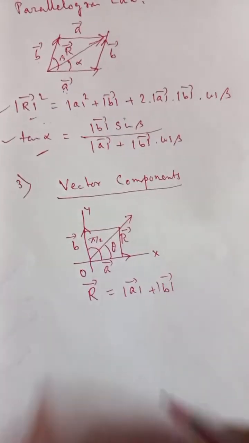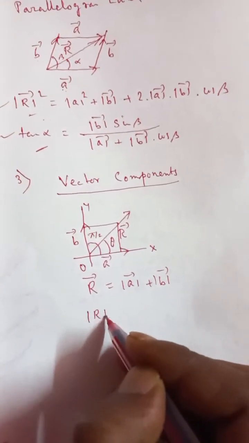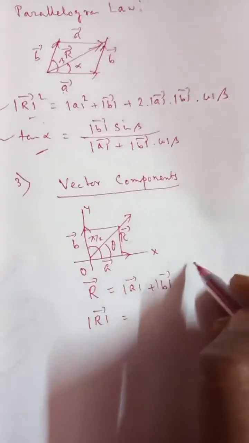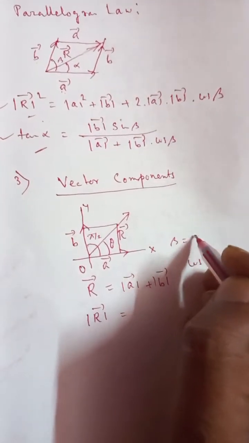Then mod of R vector whole square is equal to